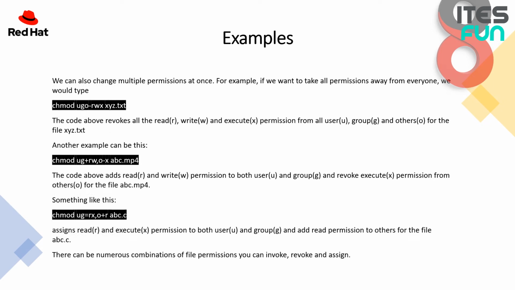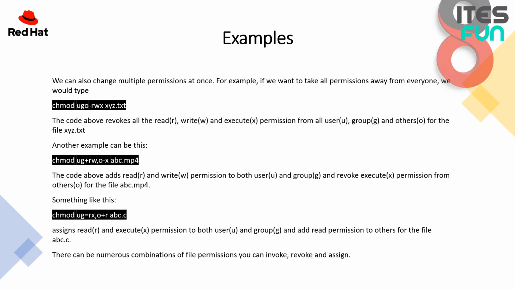We can also change multiple permissions at once. For example, if we want to take all permissions away from everyone, we would type chmod ugo minus rwx xyz.txt. This is for user, group and others, and we are removing read, write and execute permissions for all of them. The code above revokes all the read, write and execute permissions from user, group and others for the file